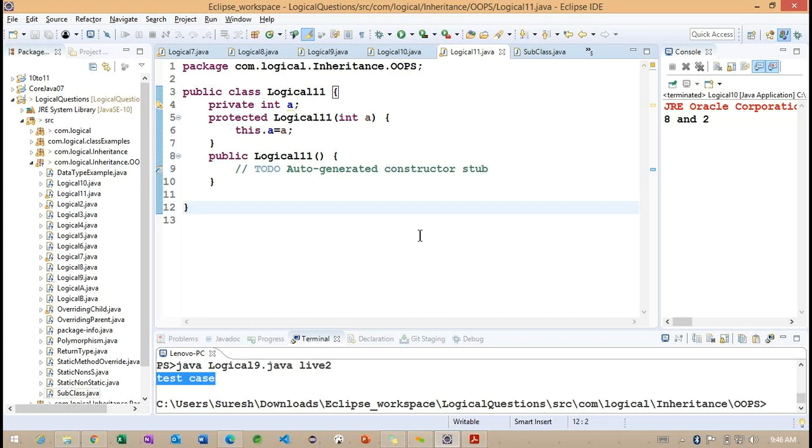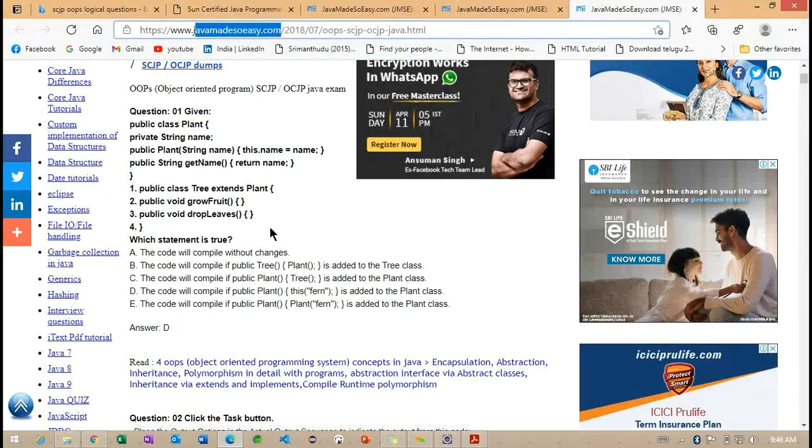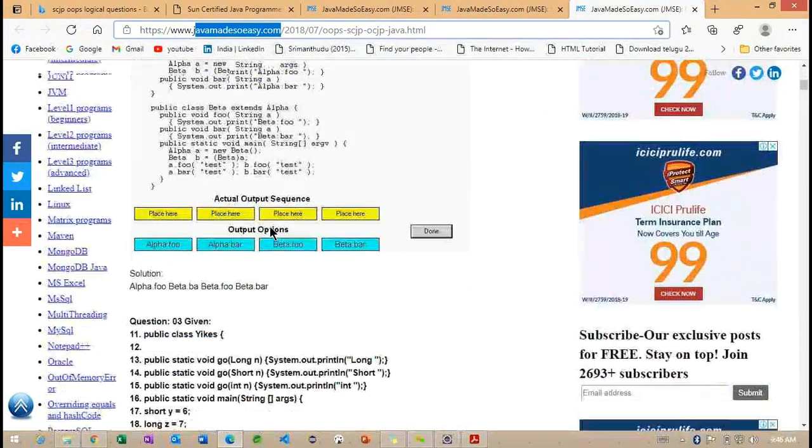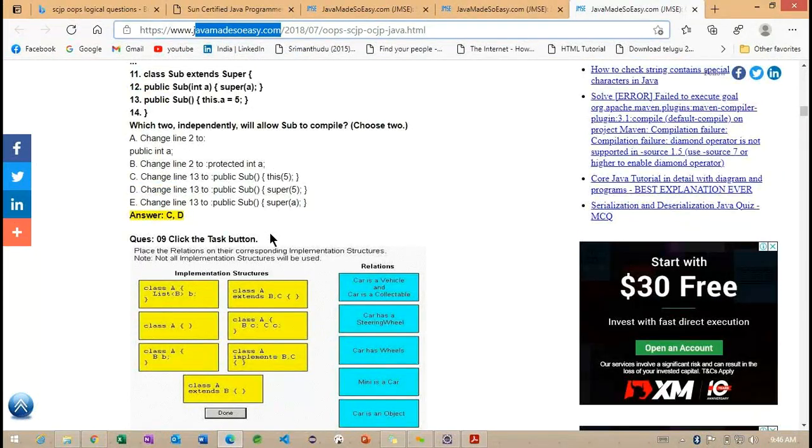Tomorrow and the day after tomorrow we don't have a class. We'll continue on Monday. For these 2 days you need to practice the logical questions by going through javamadeeasy.com. They provide more questions there. I think these questions are fine to understand what we have discussed as of now.